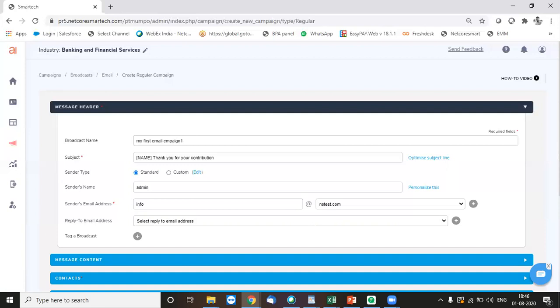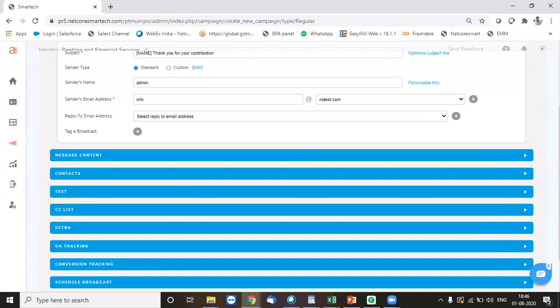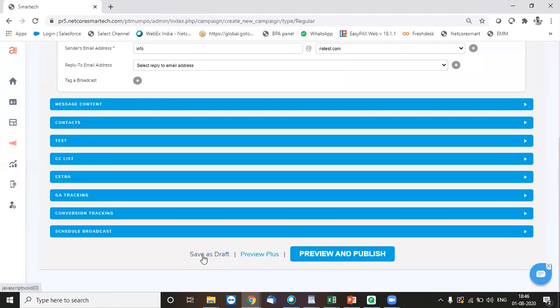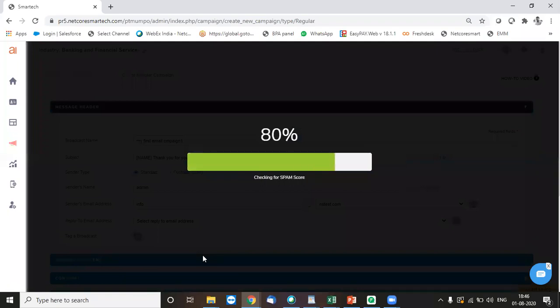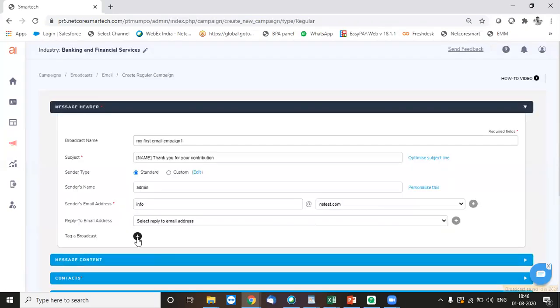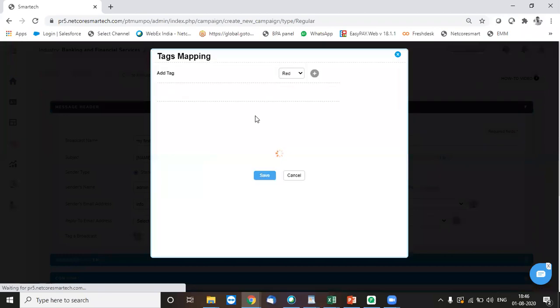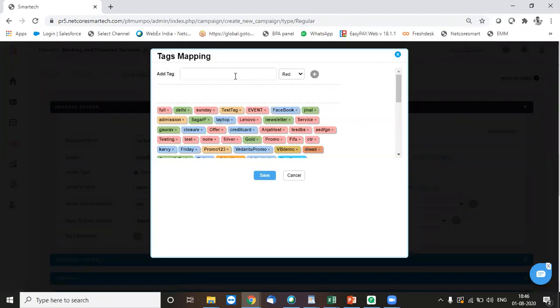So I can use them over here. Of course, for that, we'll first need to save the campaign as a draft. Once the campaign is saved, we then get an option to tag the campaign. I can use any of my existing tags, or I can just create a tag over here.